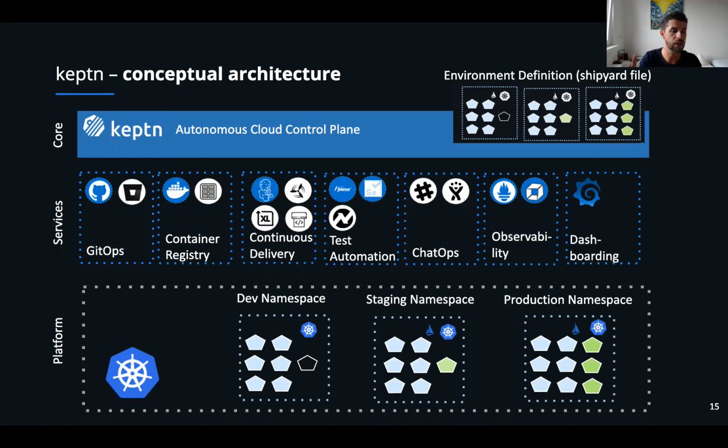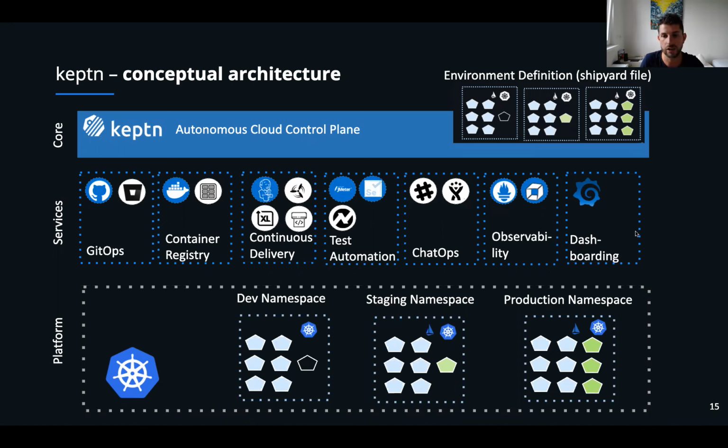Keptn will store everything in its own Git repository, but we can also link it to GitHub, Bitbucket, GitLab, whatever other Git-based repository. Keptn will integrate with your container registry like Docker Hub. Keptn can integrate with your continuous delivery if you don't want to use the continuous delivery functions of Keptn itself, where we are applying Helm charts. You can also integrate with your Jenkins installation, your XL Release. And it can integrate with a lot of other tools, but I think for today we are actually focusing on